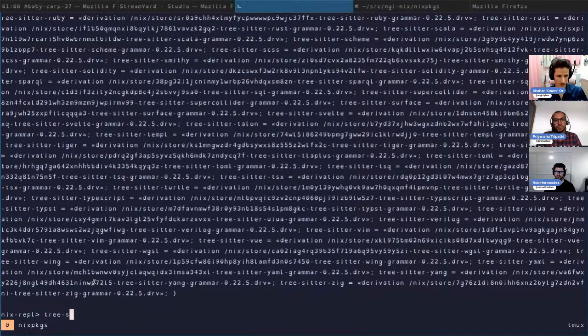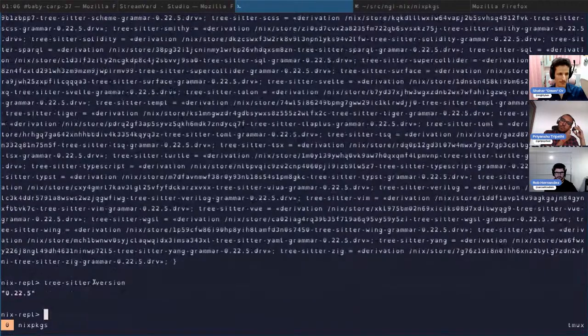I'm pretty sure, right? Tree sitter dot version. Yep. And that is wild. What is going on? Like, what happens when these are bumped? How can you bump this? How can you update the source rev,